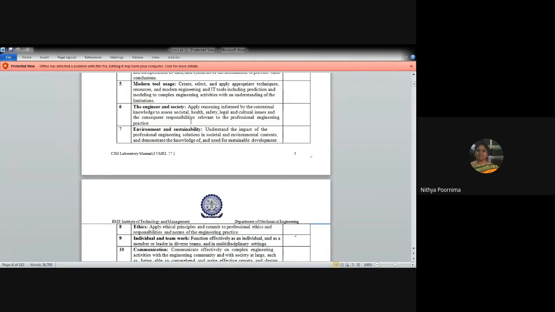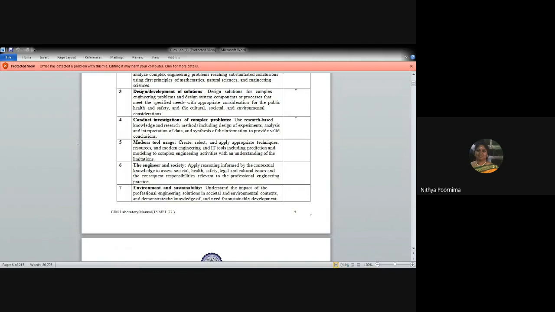Modern tool usage is that we use a lot of new software. You can use Ansys, you can use Tableau, you can use LaTeX for report writing. So all that will be coming under here, right? Then you conduct investigations. How your analysis starts when you define your objectives. How you do your investigations. How do you define the complex problem, right? So there is a formulation of all that component here.